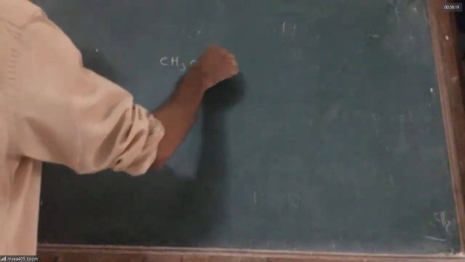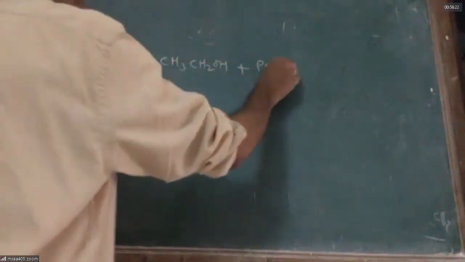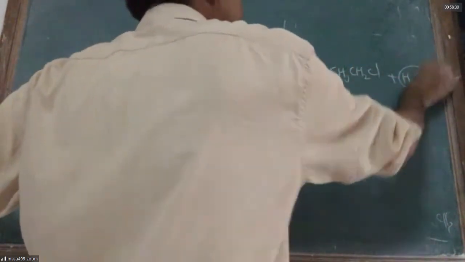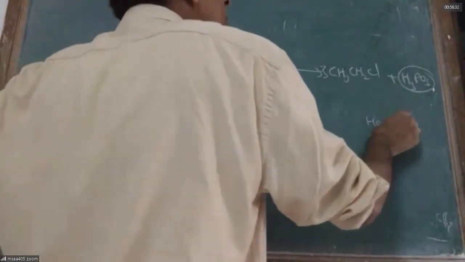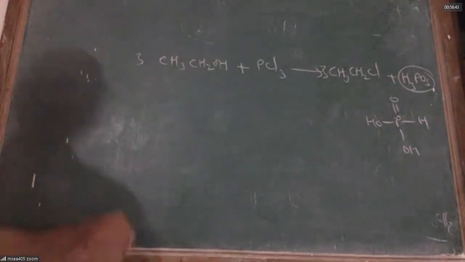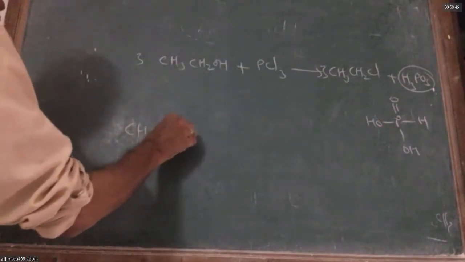PCl3, if I take as a halogenating agent, each mole of PCl3 has 3 Cls. Therefore, each PCl3 can react with 3 moles of alcohol. If I take ethanol, 3 moles of ethanol react with 1 PCl3 to give 3 moles of ethyl chloride and H3PO3, phosphorous acid, dibasic. The phosphorous acid has a structure like this. It can give 2 H+, a dibasic acid. That's a product. Sir, if I take ethyl alcohol and react with PCl5,